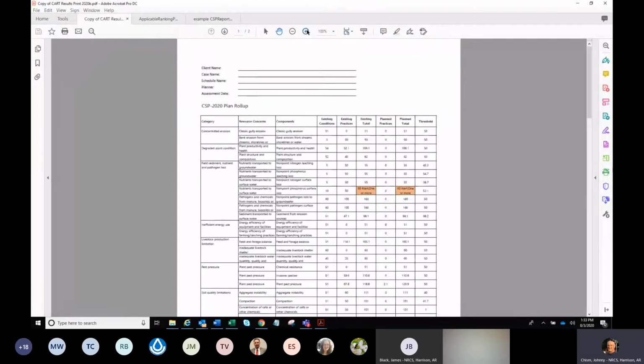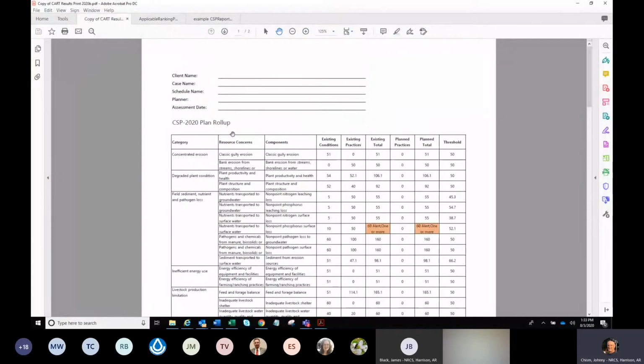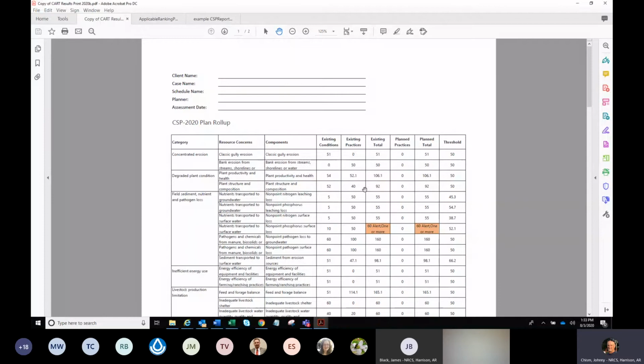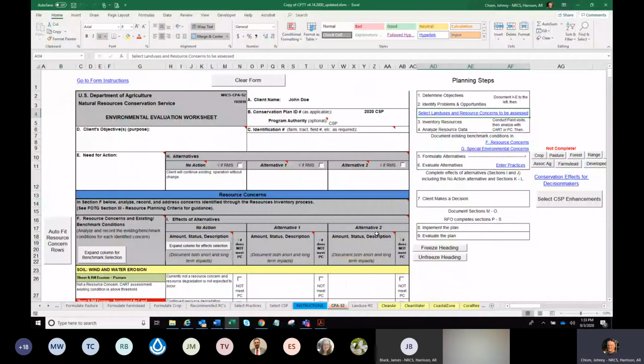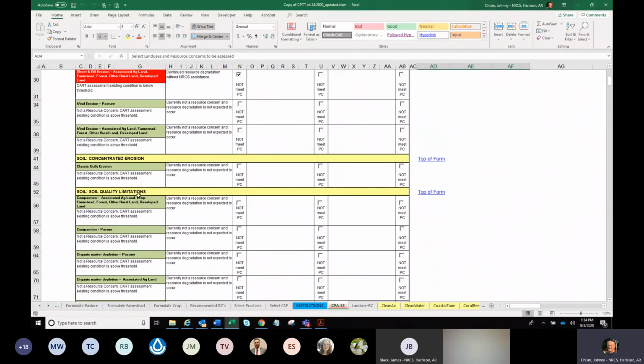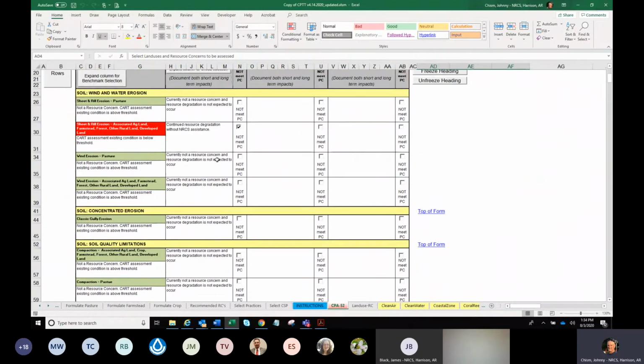So if someone can verify, they can see the CSP 2020 plan roll-up. And also that, let this load. And you can see the CPA 52 spreadsheet. This is a different one. This is for our CSP. And with this one, the process would be the same for documenting these benchmark